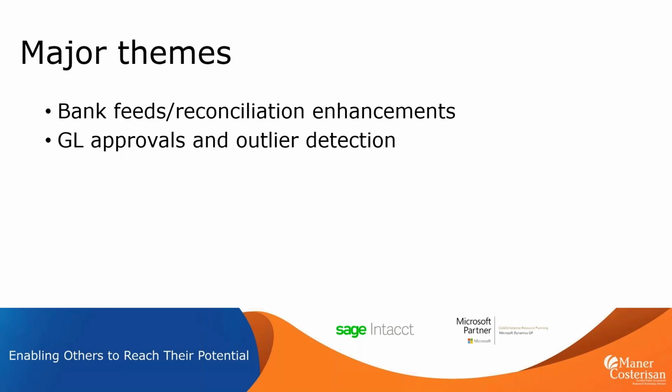It uses machine learning to learn what the normal pattern is for transacting and when something deviates from that. So you're going to hear me talk about machine learning, and how Intacct's outlier detection for journal entry approvals is just the first of many steps